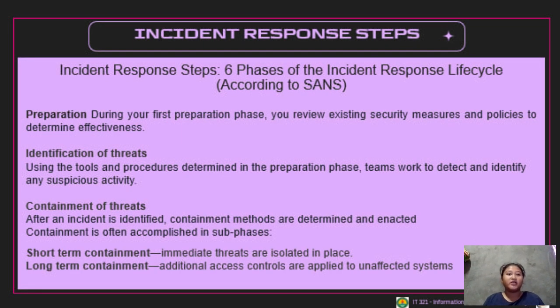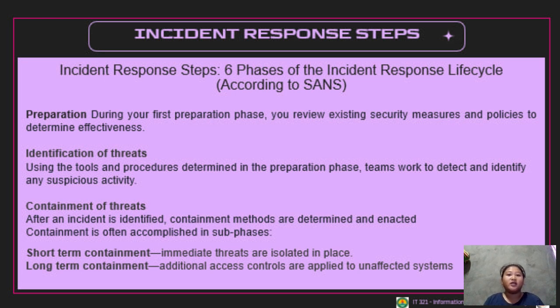Preparation. During your first preparation phase, you review existing security measures and policies to determine effectiveness. Identification of threat. Using the tools and procedures determined in the preparation phase, teams work to detect and identify any suspicious activity. Containment of threats. After an incident is identified, containment methods are determined and enacted. Containment is often accomplished in